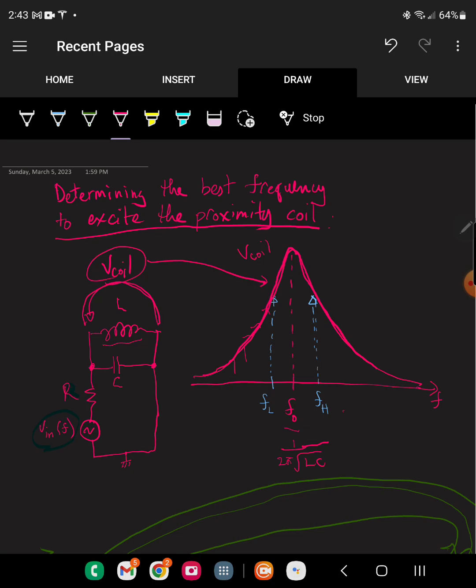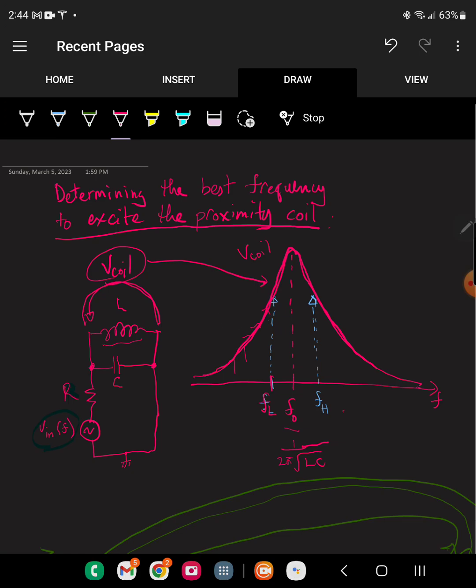So then as I put a metal object through the coil, I can see either the voltage increases or decreases based on the frequency that I excited the coil with through the function generator. For example, if I feed this coil at F of L right here, at the low frequency below the self-resonant frequency, what happens is